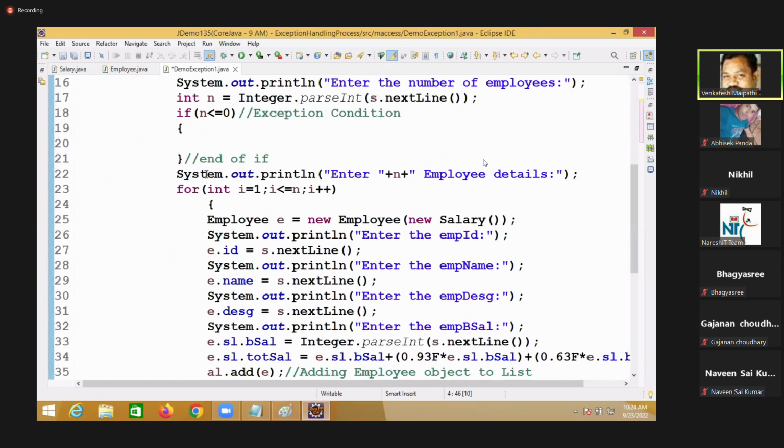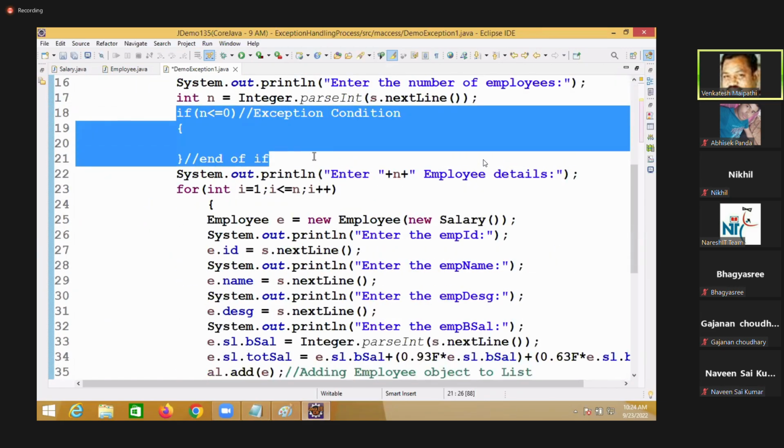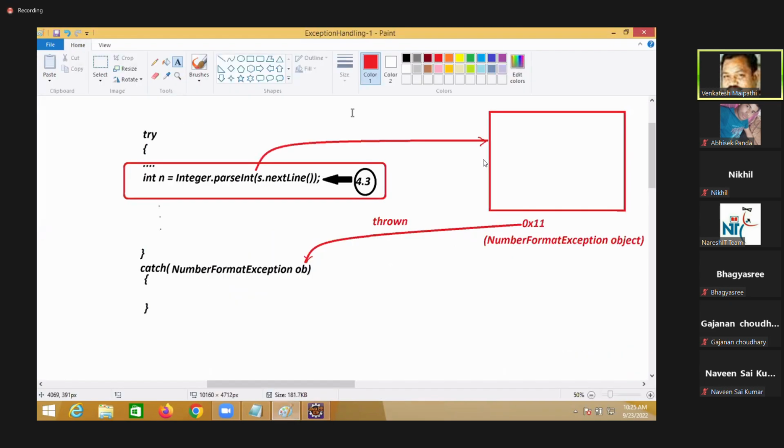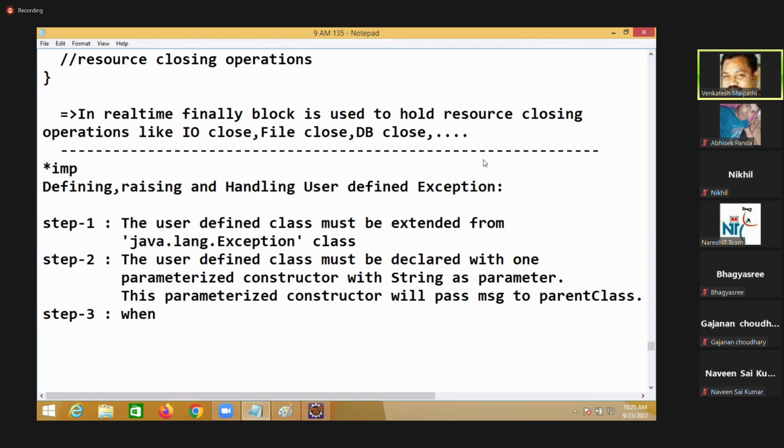You declared one condition here, right? When the exception condition is true, it means an exception is raised. When an exception is raised, one object comes automatically if it is a predefined exception. But our exception is user defined, so we have to create the object. So step 3 is to make it when